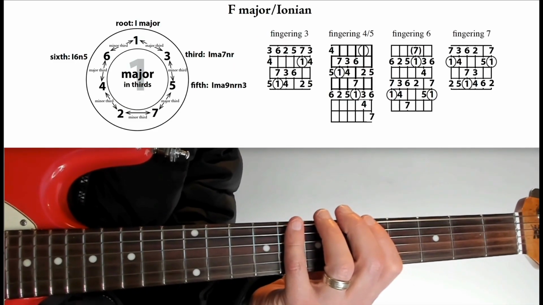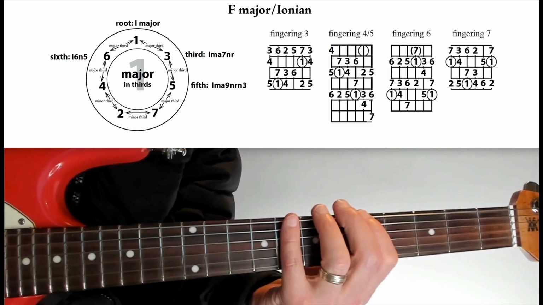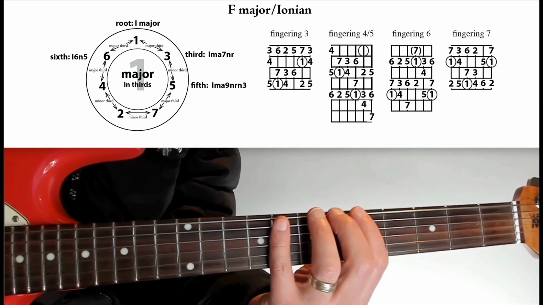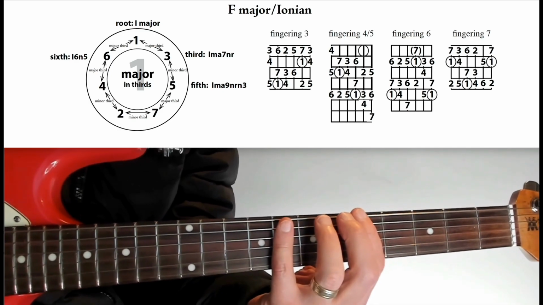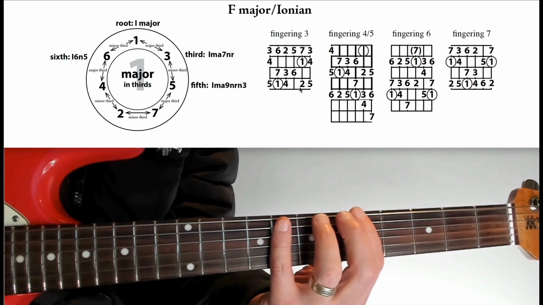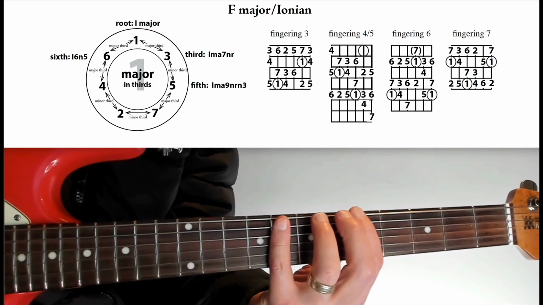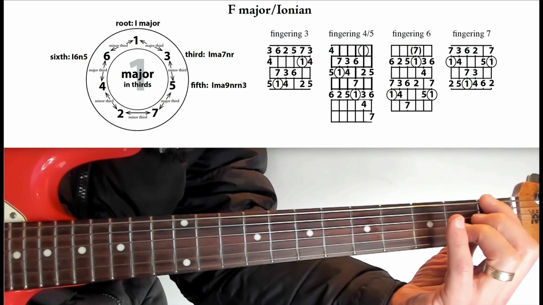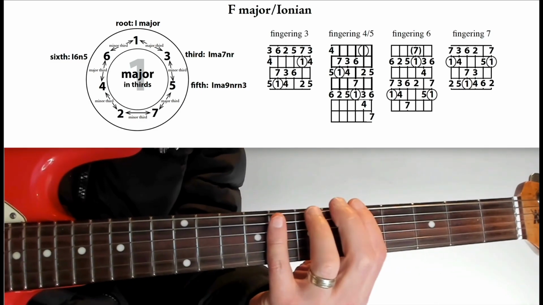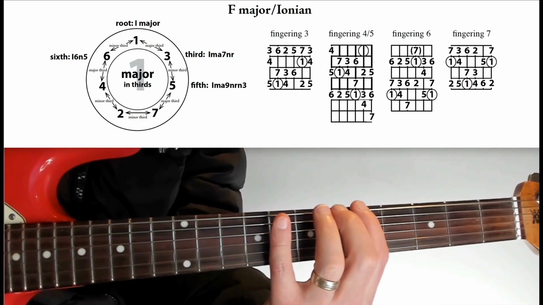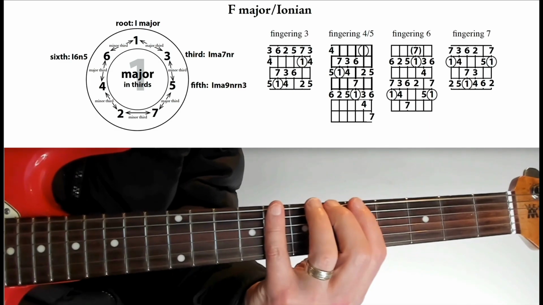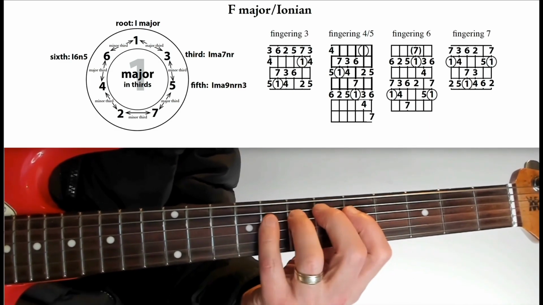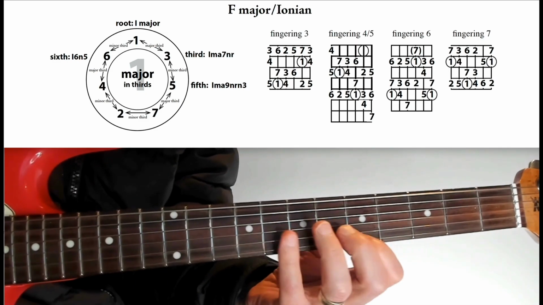Major key of F, secondary triad roots in numbers and letters. I'm using fingering 3. That's in the middle at the top of the screen, fingering 3. And that's where the third tone of the F major scale is the lowest tone on the 6th string, fingered with the index finger. The whole scale is 3, 4, 5, 6, 7, 1, 2, 3, 4,